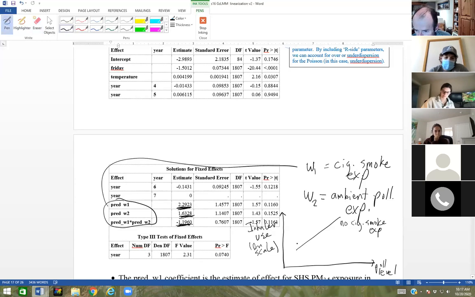So there's none, some, cigarette smoke exposure, and then as it increases, that slope's going to keep going down, right? So for higher cigarette smoke exposure,